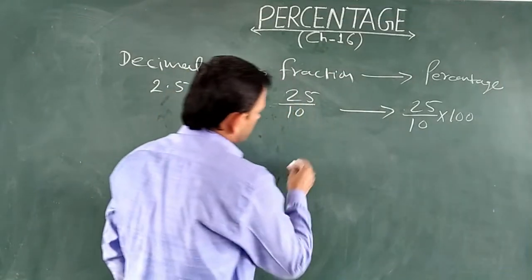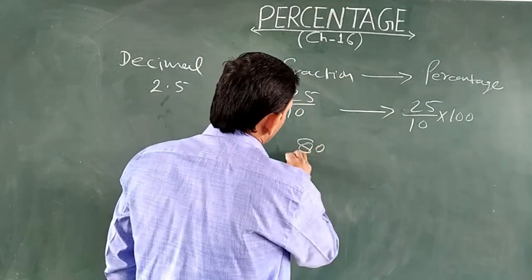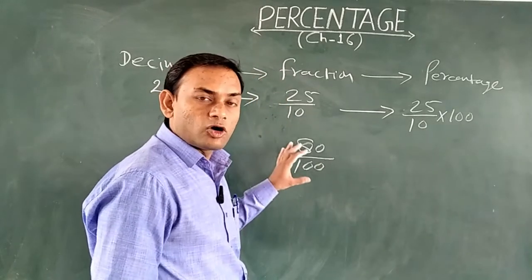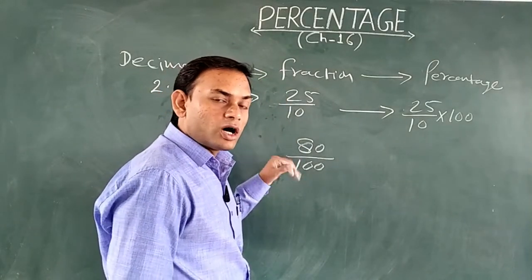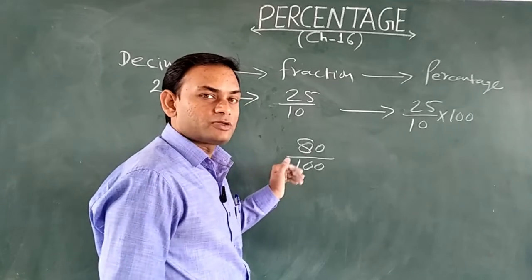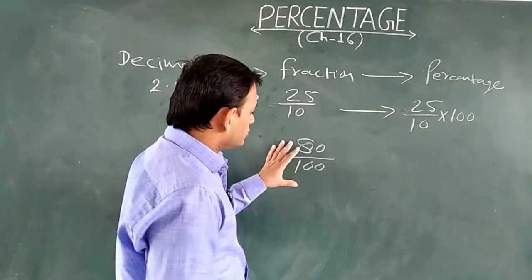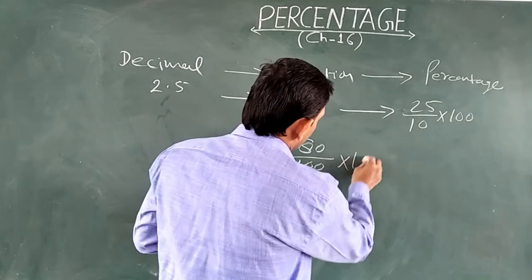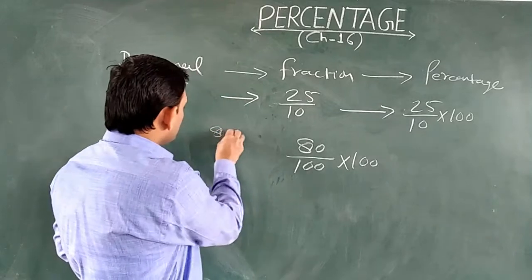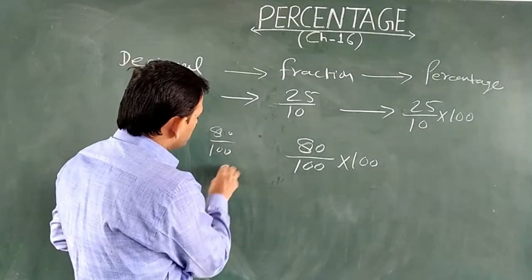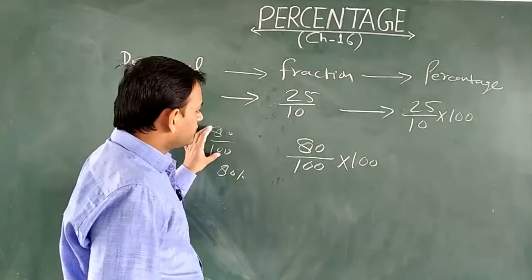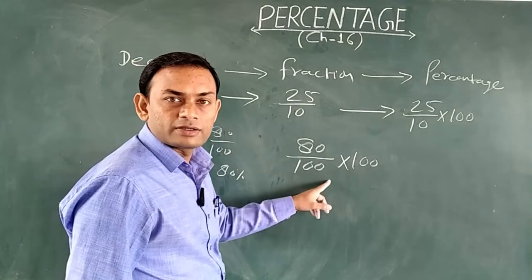I am giving you one example here. Suppose you have got 80 marks out of 100 in a test. Your teacher always gives you marks like this. So how do you find the percentage of this? How would anyone find the percentage of this? You have to multiply it by 100. As I told you, 80 upon 100 can be written as 80%. How does this 80% come? From here.